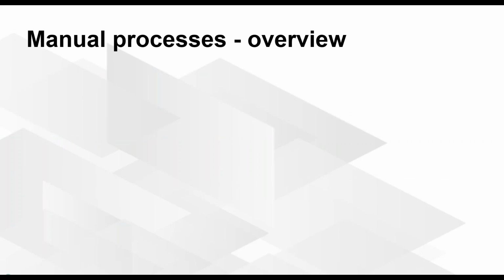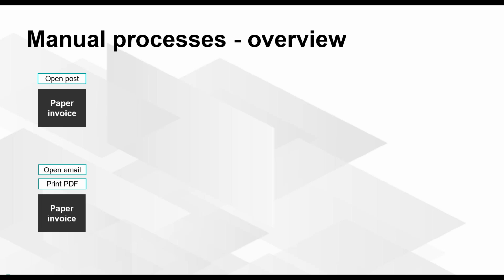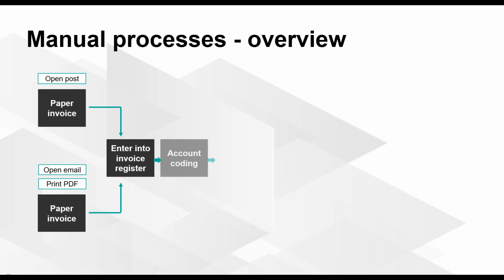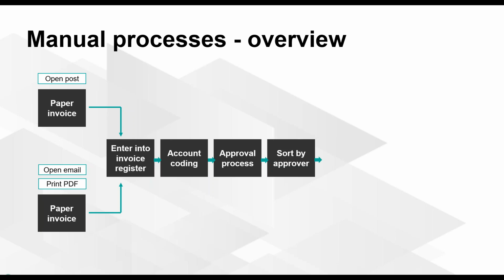So it's highly likely that if you currently have a manual invoice capture and approval process, that it looks something like this. So invoices will currently be delivered to you in two formats: a paper invoice via post or a PDF invoice via email, which is printed on receipt. It then needs to be recorded in an invoice register, so you know you've received it. You then need to add the relevant department, GL, coding, further analysis. You then need to make a decision on who needs to approve that particular invoice, and then sort by which approver, who needs to see it first, and distribute any paper invoices to them, at which point they disappear from